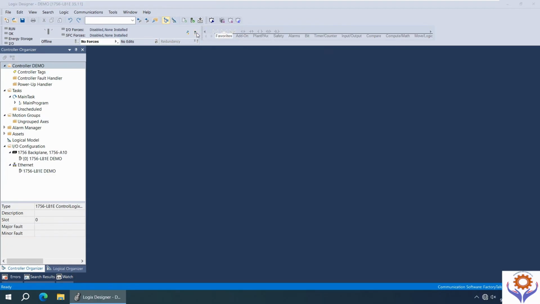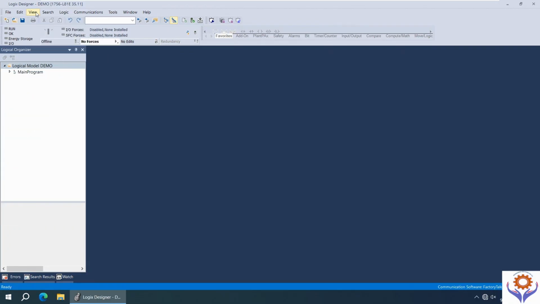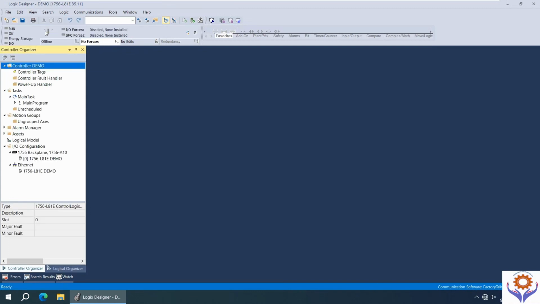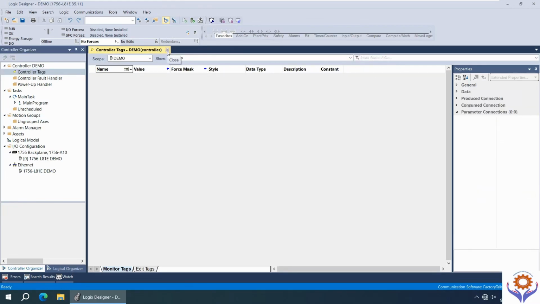And also you can find here, see, find all forces and SFC forces. So even if you have any forced values, you can find them from here directly. So the controller properties, same as what you clicked in the downside, this is similar, you can find the second place for controller properties. And if you go further here in this tab, you can find all the normally open, close contacts and everything for the Logix programming part. And if you click here, then the view, you can enable or disable the controller